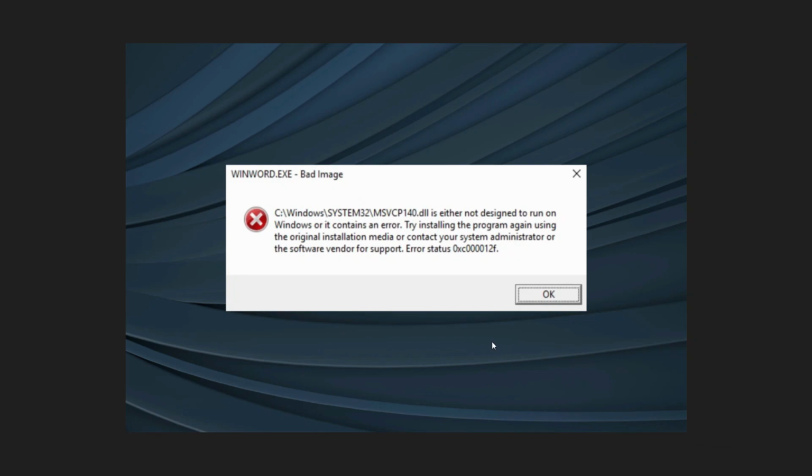In this video, we are going to see how we can fix the bad image error that occurs whenever you're trying to run any particular application, not just WinWord. This is just for the sake of example. But let's say that you're running some accounting application, some other office applications, and you see this kind of error